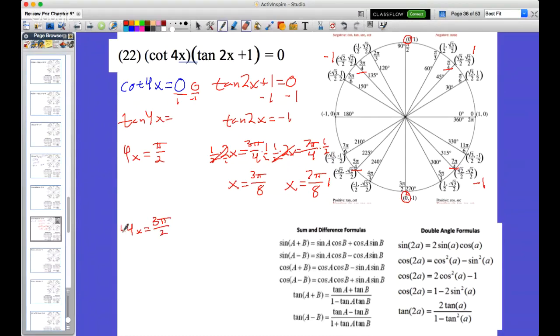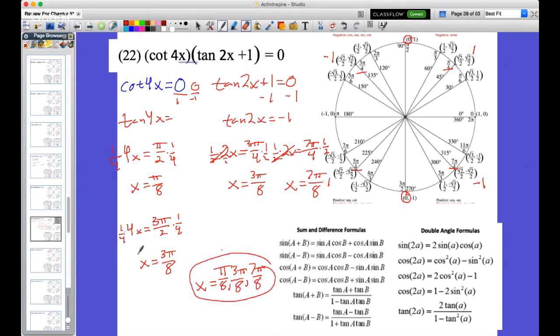To solve this, I'm just going to multiply by the reciprocal on both of these guys. So then x would be equal to pi over 8, and x would be equal to 3 pi over 8. So as our final answer, we'd have pi over 8, 3 pi over 8, and 7 pi over 8